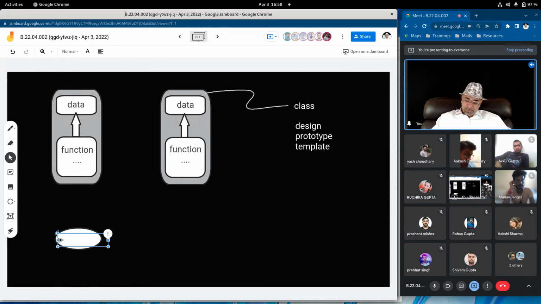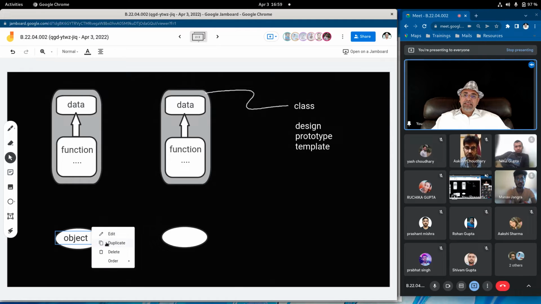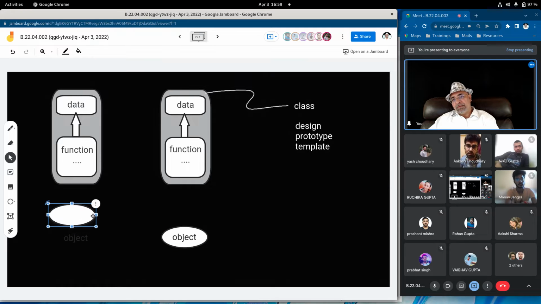It is at this point of time, when you declare the object, that the memory will be allocated. Until the object, meaning a variable of type class, is declared, everything was just a plan. It did not exist in the real world. Only when you declare an object, that is an instance of the class, like i is an instance of integer.